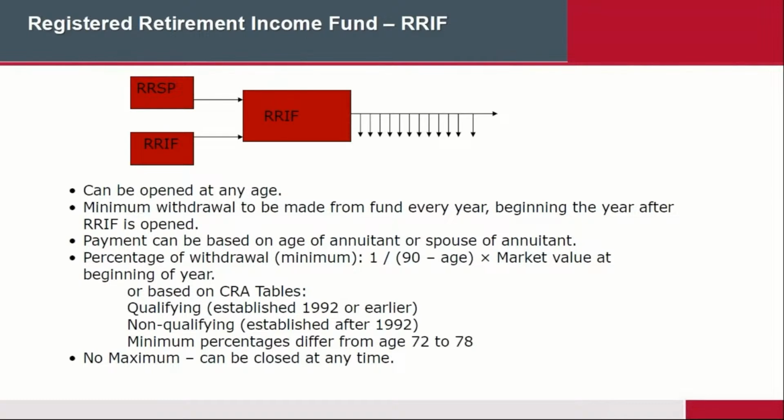Whereas in an annuity, once I've said to you, I'm going to give you, let's say, $5,000 a month for the rest of your life, you come back to me 10 years from now and say, I'd like to cash out. You can't do it. It's $5,000 a month for the rest of your life. So an annuity is very rigid. Once the payments start, you cannot change anything.